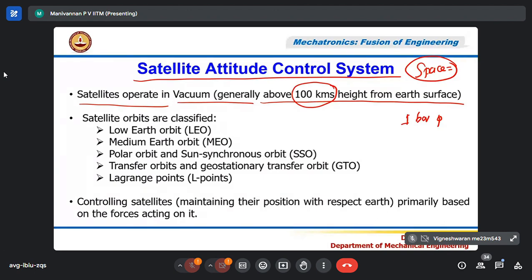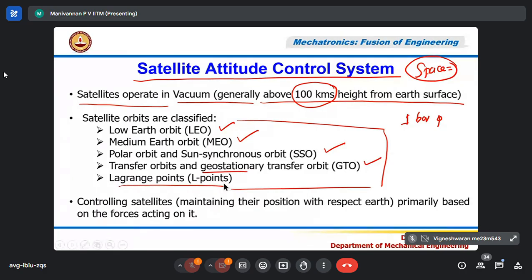In fact, there are 5 orbits with respect to Earth surface. One is called low Earth orbit. Then the next one is medium Earth orbit. Then the third one is called polar Earth orbit or sun synchronous. Then the fourth one is called geosynchronous orbit. The last one is called Lagrangian points, with respect to Earth and the Moon. Between this one, we know that